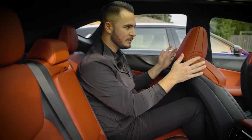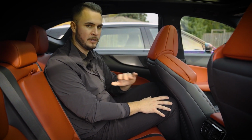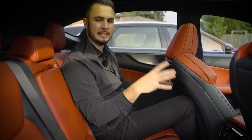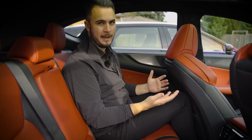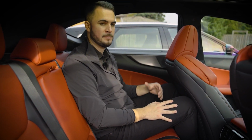Now, I left the front seat exactly where I was sitting, and I was very comfortable there. I wouldn't have moved it at all. My leg space is definitely a little bit restrained in the back of this. Now, I probably could have moved this seat up a little bit more. However, that was kind of the most comfy I could probably be. Now, I'm not uncomfortable back here, but judging between these two vehicles, I definitely have more space in